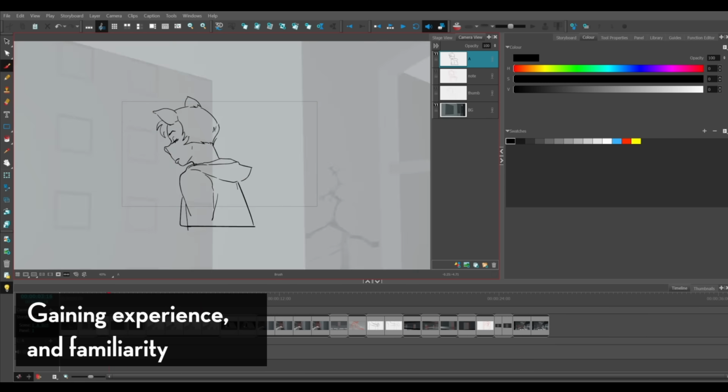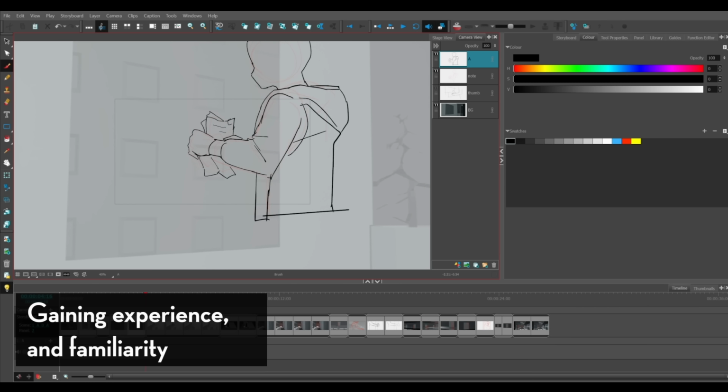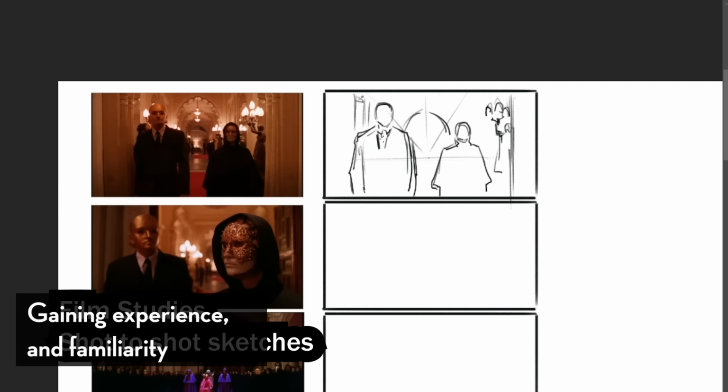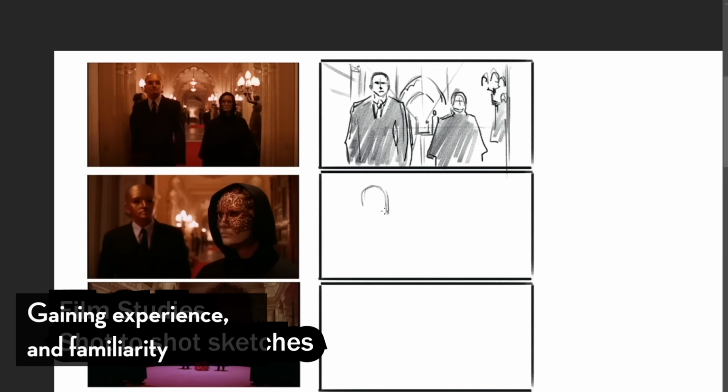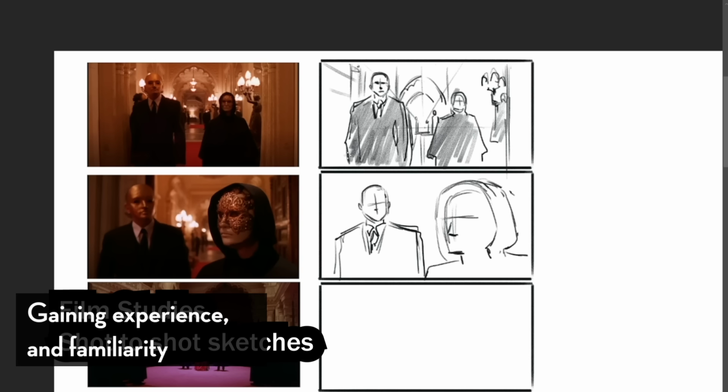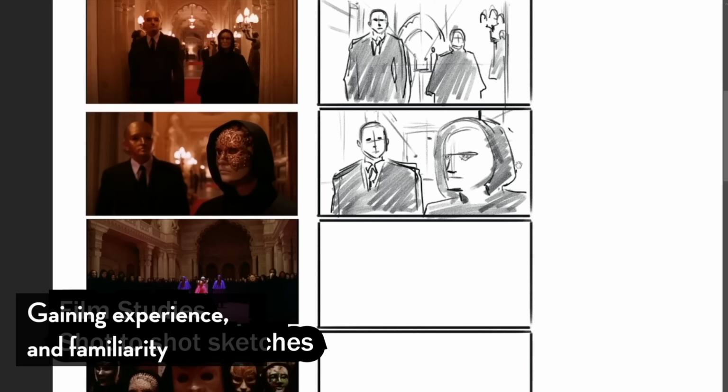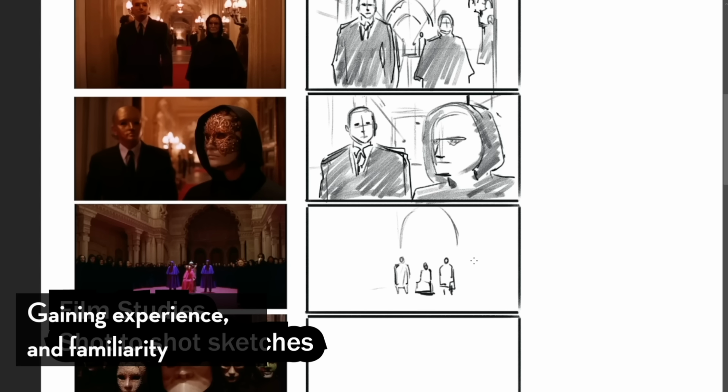Another thing that I would suggest, and something that I sometimes do, is just film studies. So when I approach a film study, I would try to copy what I see on screen, shot by shot, but I'm also thinking about what the scene is about, what's driving the story forward, what the overall mood is, how the characters are in the scene, how they're treating each other, what the scene is trying to say.